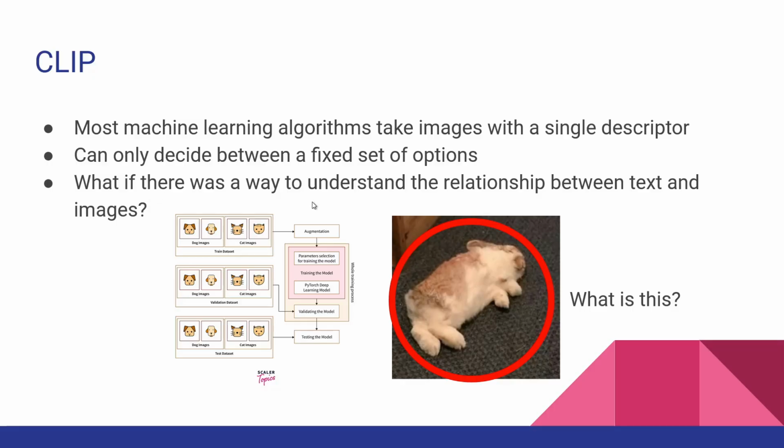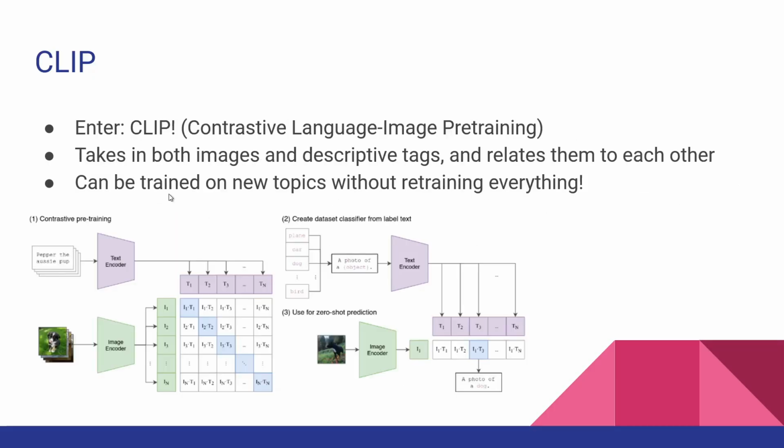What if there was a way to understand the relationship between text and images? This is what CLIP is for. CLIP takes in both images and descriptive tags and relates them to each other, and can be trained on new topics without retraining the whole model. And this is very big because retraining models is very expensive. So the first step here, it takes in the image and its label, encodes them both, and puts them together in a matrix. Then it creates a dataset classifier from the label text, and you can just add these in, they're all stored. And then it uses that to predict what the image is going to be based on the